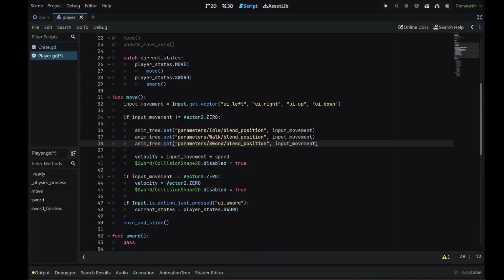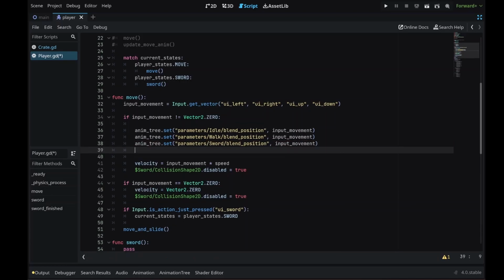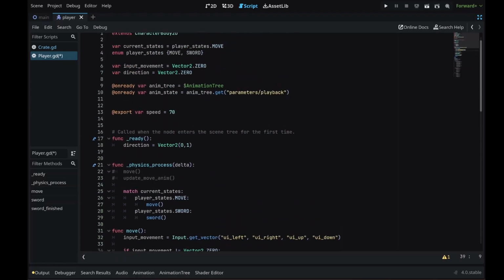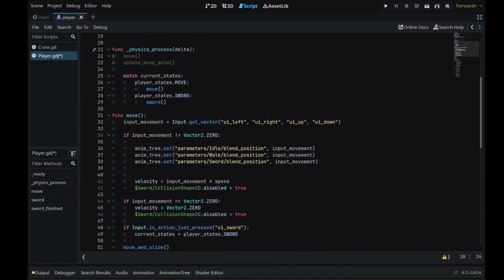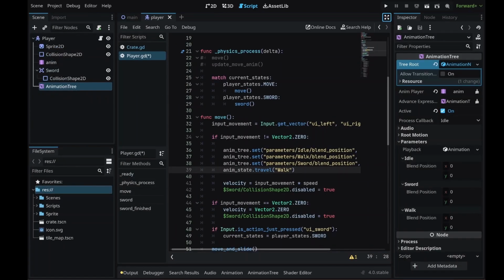And so now that we have done that, we can use our getter, the one we have created here that holds our anim state. And now that we have set all of this state, we can get the anim state and say dot travel, and here we're going to say walk. So when we press one of the keys that we have stored here, left, right, up, down, then our animation state will travel to the walk state, which means that it will arrive